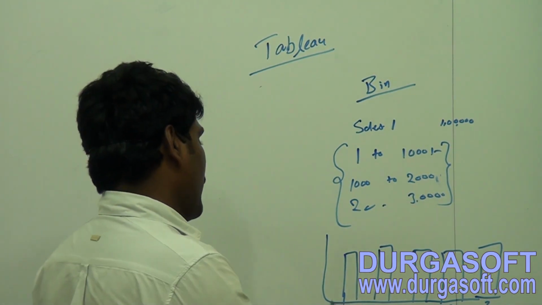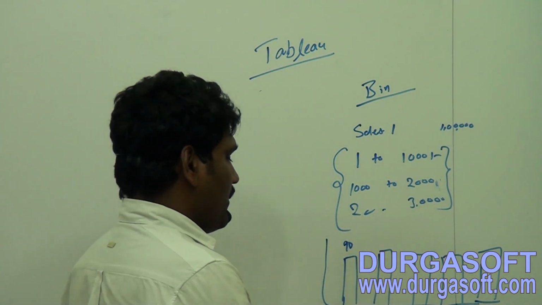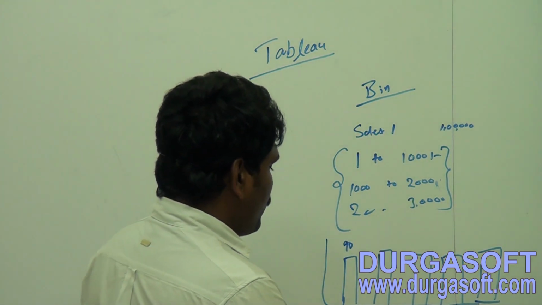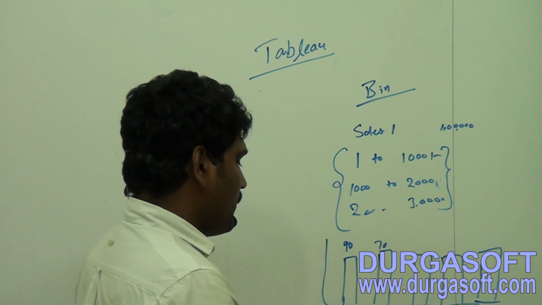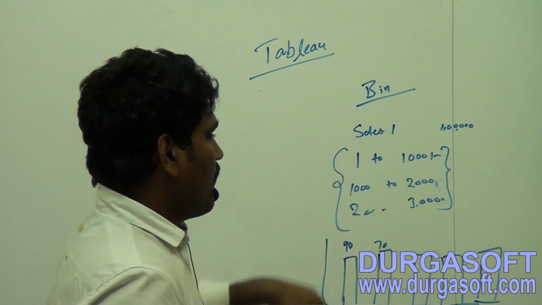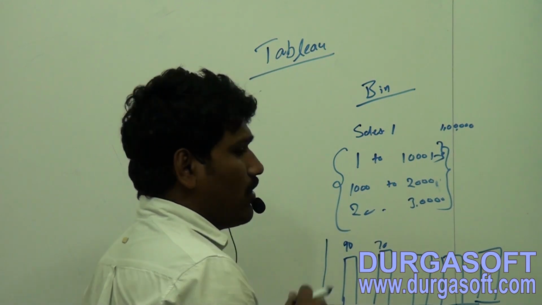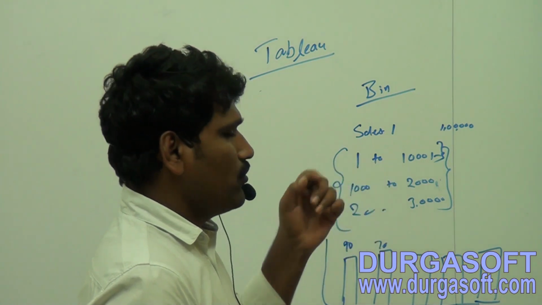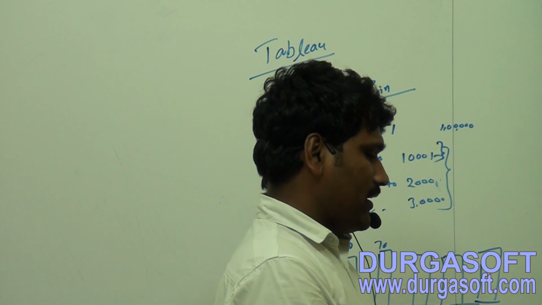Suppose you have 90 runs in between 1 to 10, the total is displayed as 90. Now if you have 10 to 20, it is 70 runs in between 10 overs to 20 overs. In the same way I am applying that. I want to check how much sales there are in between 1 rupee to 1000 rupees, 1000 rupees to 2000 rupees, like that. I want to split the data. So now let's split the data.